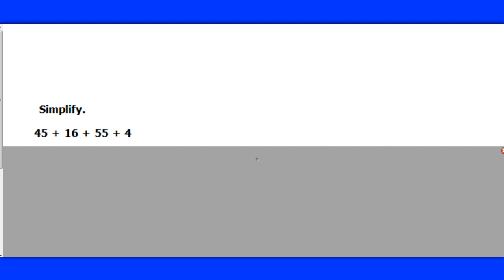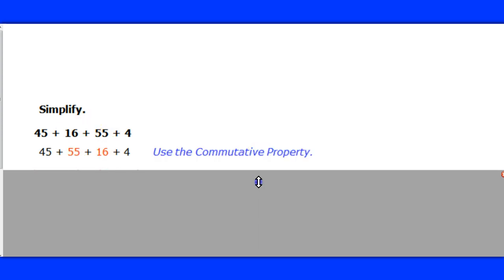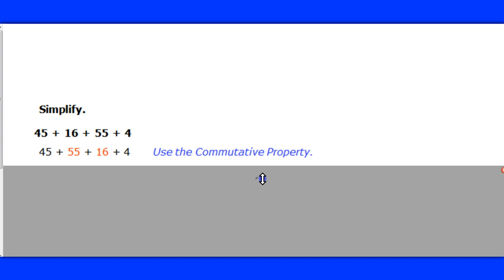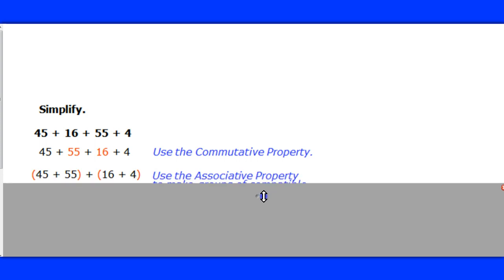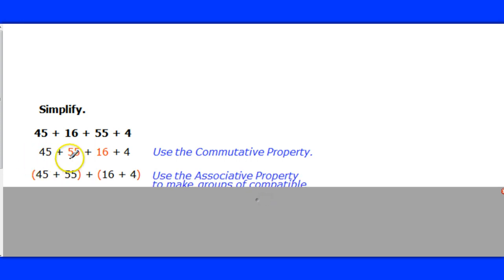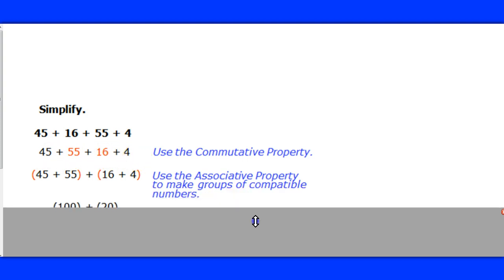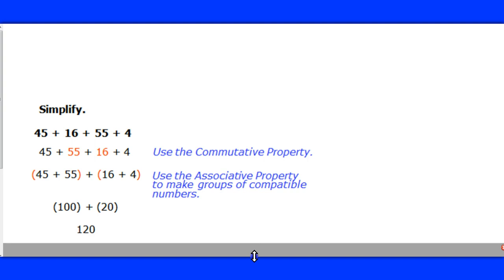So again, I look at those and say, oh, it would be so much easier if the 45 and the 55 could add together and the 16 and the 4. So I'm going to do that. All right, I'm going to use the commutative property to change the order that they're written in so that the 45 and the 55 are together and the 16 and the 4 are together. And then I'm going to use the associative property to group them together, and that's going to make it that